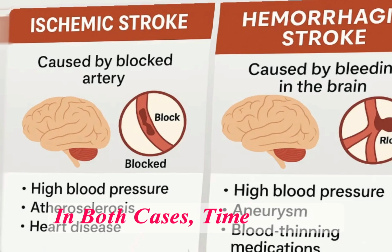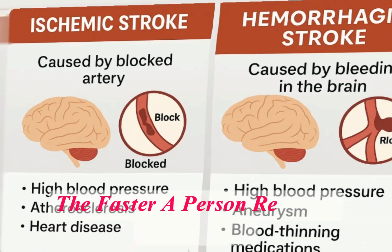In both cases, time is brain. The faster a person receives medical care,